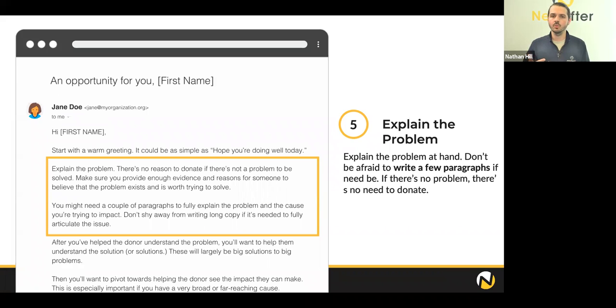You've greeted someone warmly, you're starting this conversation, and now you need to articulate, why am I emailing you in the first place? What's the reason for the email? And the reason really is because there's a problem. You and I have a similar value set. If I'm your ideal donor, you and I share similar values and we see similar problems in the world that